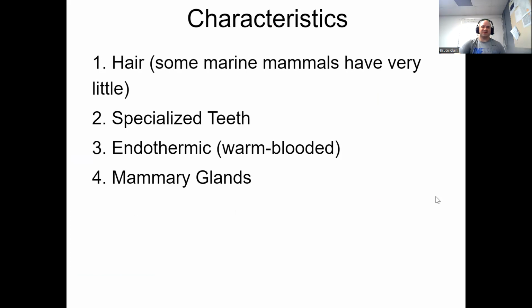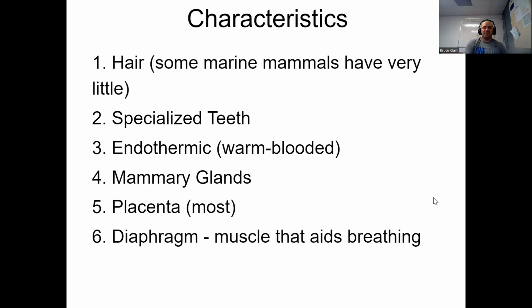Some characteristics of mammals. Now, these are all ones that we should be familiar with. It should be things that we are growing up learning, but if not, that's okay. Some things that are unique about mammals is that mammals have hair. All right, so hair is this specialized structure that is found in mammals. It is a protein-based structure. It's not made of cells. It's not alive. It is a feature that we have. Some have very few, such as myself, has very little hair. But in general, mammals are going to have this hair structure.